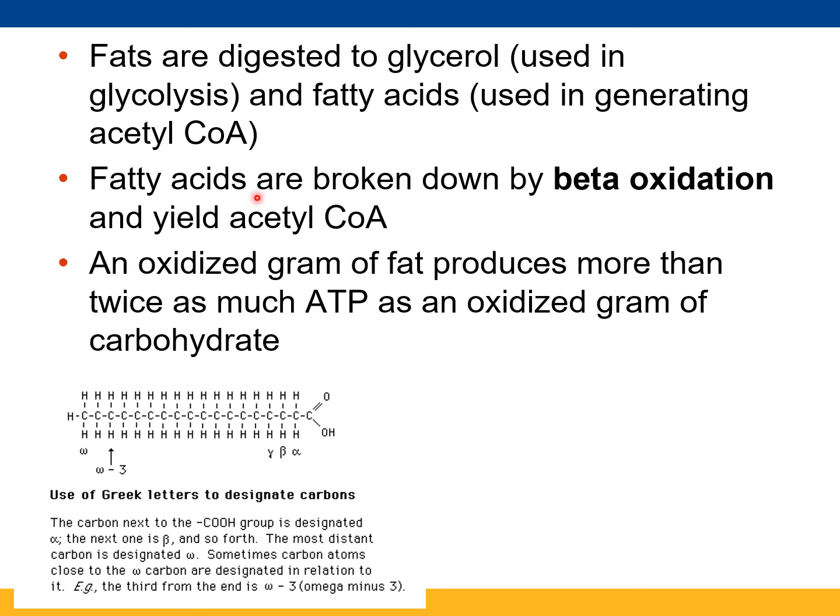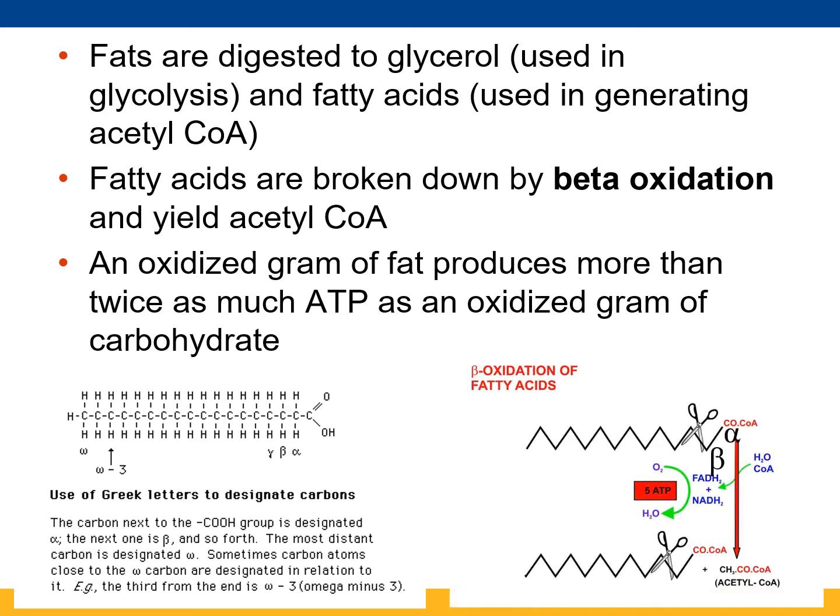And then we oxidize fatty acids by what's called beta oxidation to yield a 2-carbon molecule, acetyl, and then link it to CoA. And you can generate a lot of energy from this because you have lots and lots of covalent bonds. Now, what do we mean by beta oxidation? If we look at a